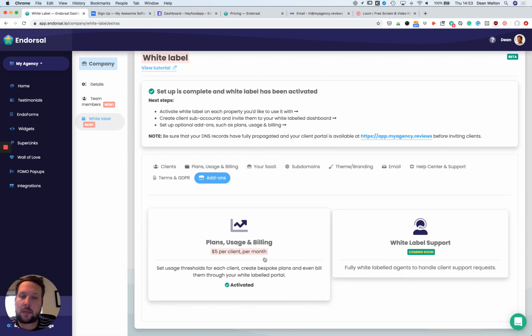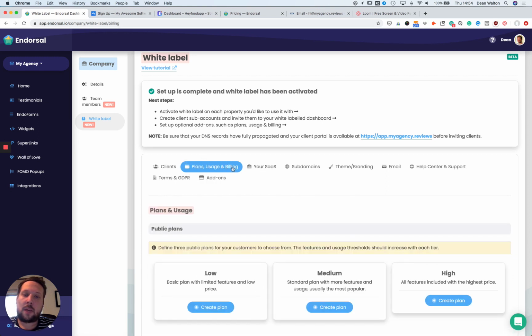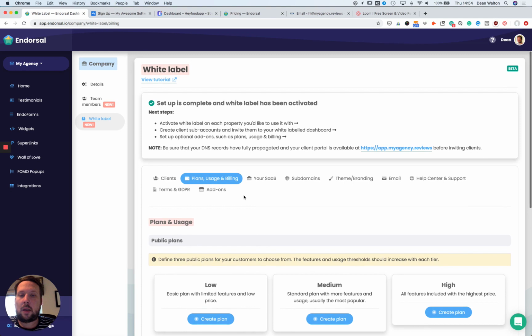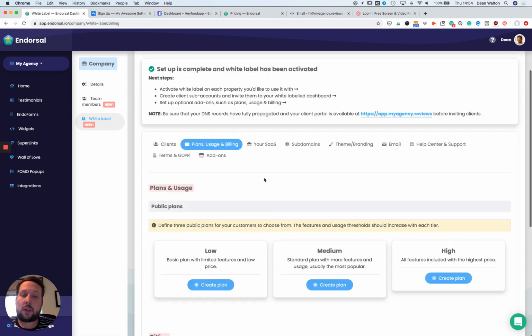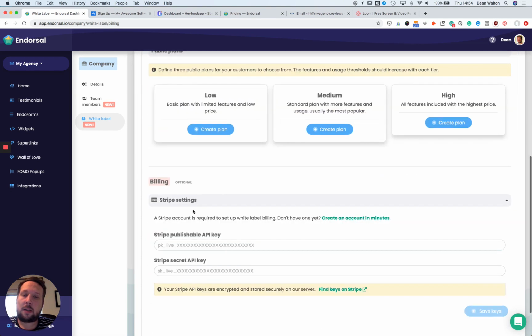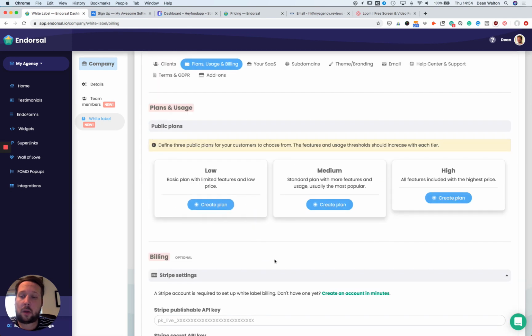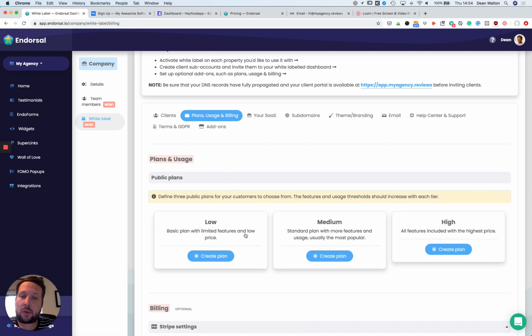At the end of the last video I showed you this optional add-on, plans, usage and billing. So once you've activated that, you get these two new tabs here. This one allows you to create plans for your customers and again optionally set up billing if you have a Stripe account. I'll come back to that later, but first of all I shall show you how to set up